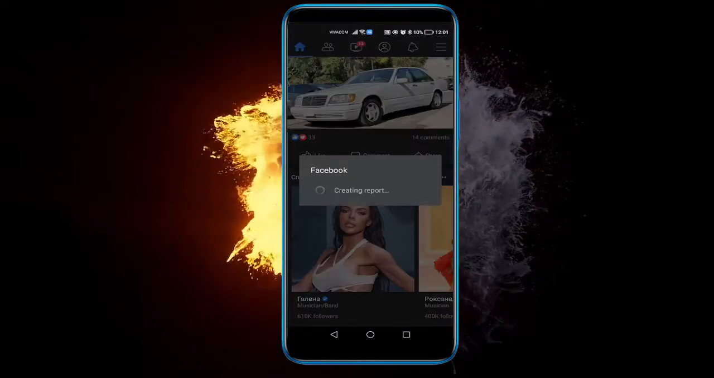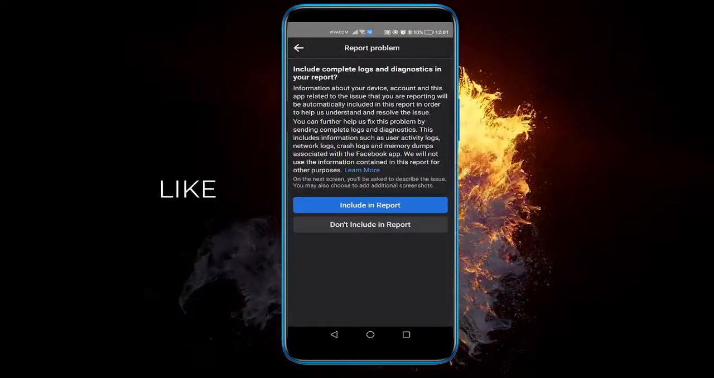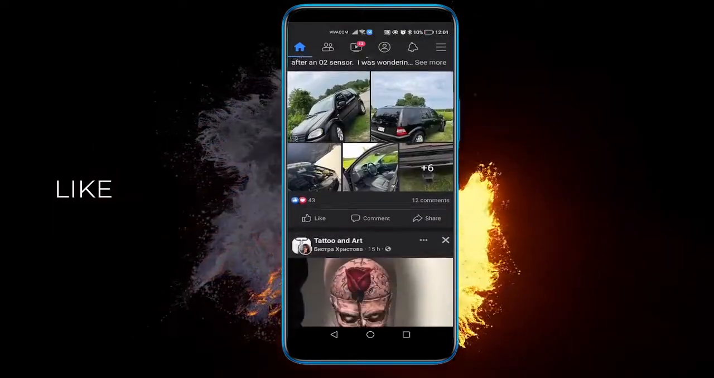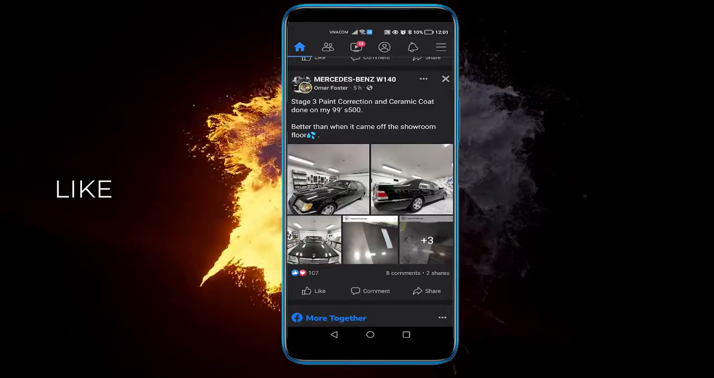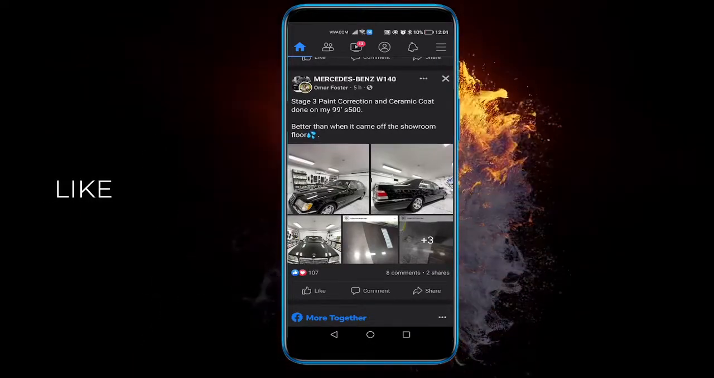And here you can report the problem, and it will automatically detect on what page you are and where you are, and you can include it in the report, and that's it. And this will pretty much, in I don't know exact time span, fix any problem that you might be having. Facebook will get back to you,